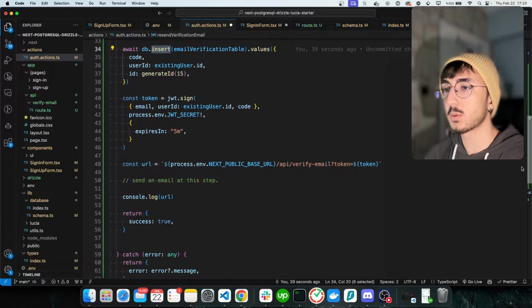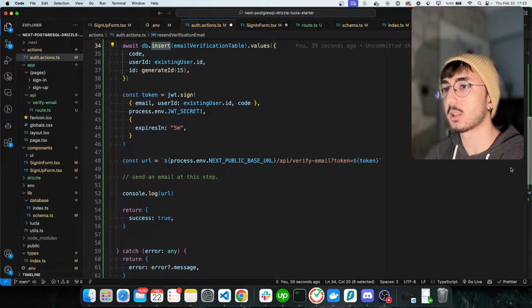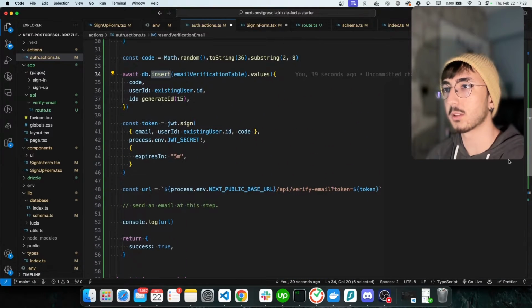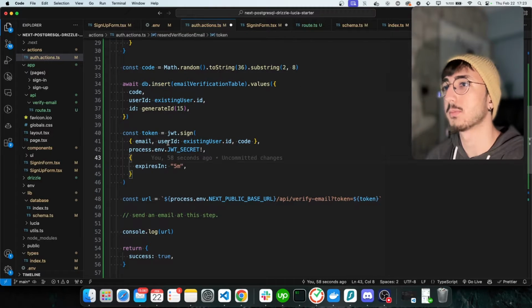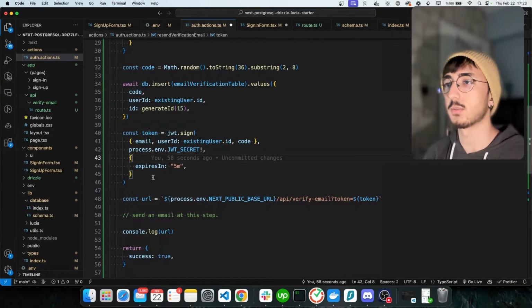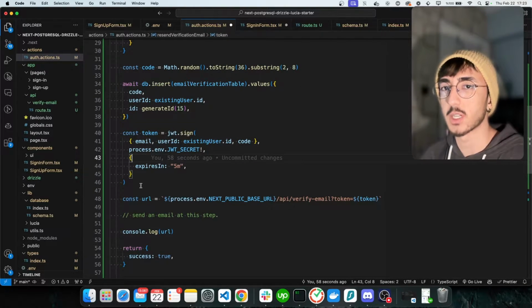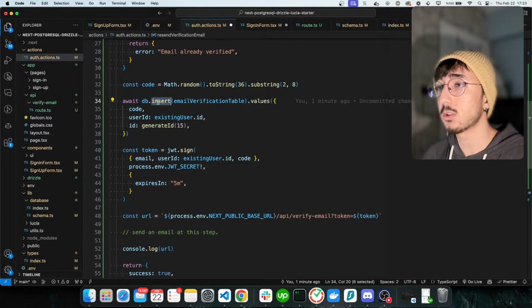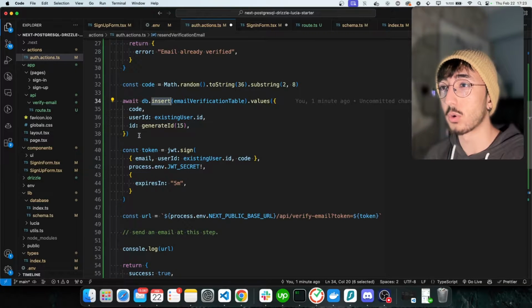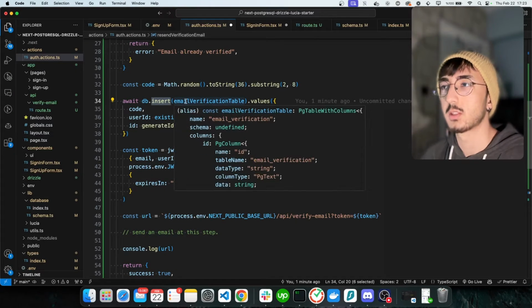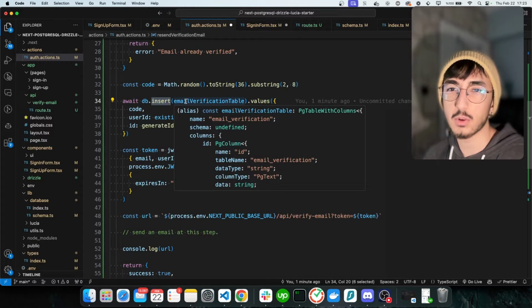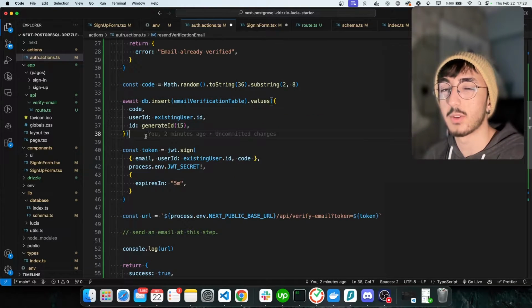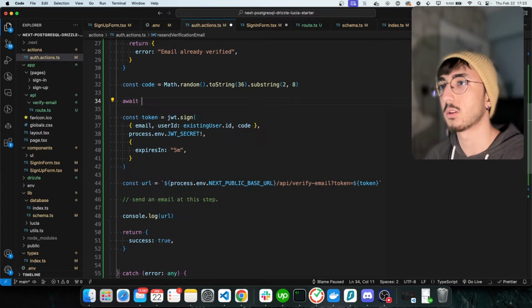It seems like we have a bunch of code that is common with the sign-up code, but I don't mind it for now. We can split them into other functions, so we can use those functions in the sign-up and resend functions. But instead of inserting here, I will actually update the existing row. It's because if someone tries to resend email verification, it means that we already have a record in our email verification table. So I will call await